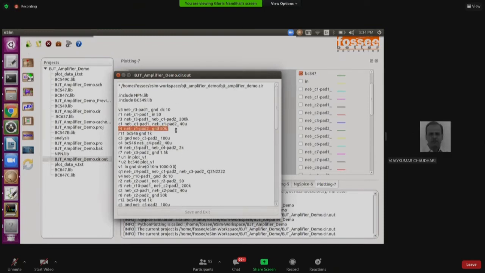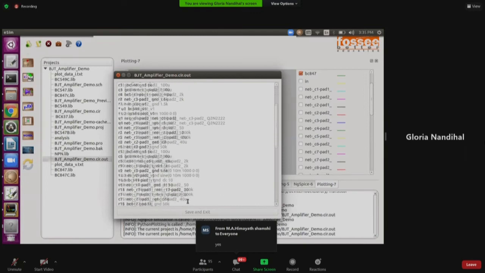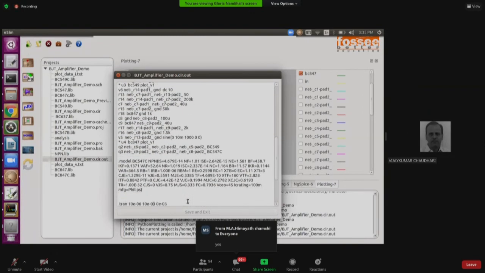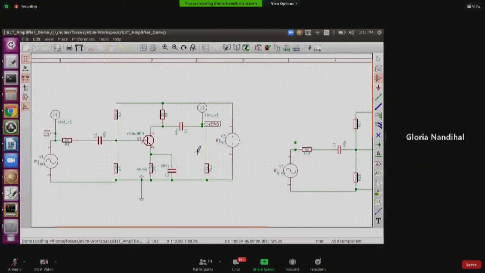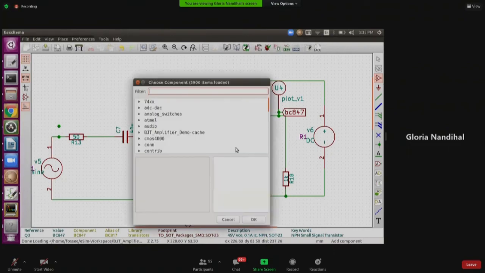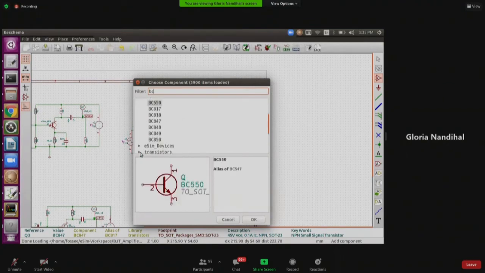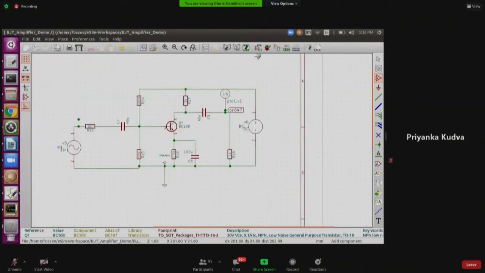This is very important because you cannot go on to the schematic and change the values and come back. If you want to include a subcircuit file, you can define a model of a subcircuit and declare here .subckt instead of .model. That is why it is called user-defined models and user-defined subcircuits. So now, coming back to this, if I replace this with one more library, one minute. Let me annotate it.